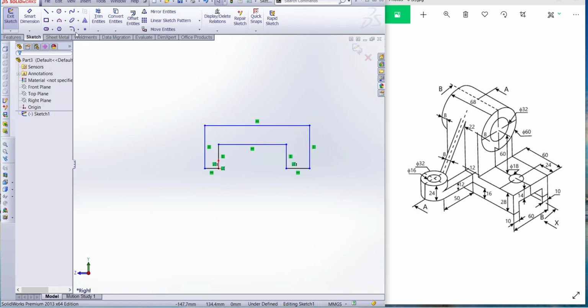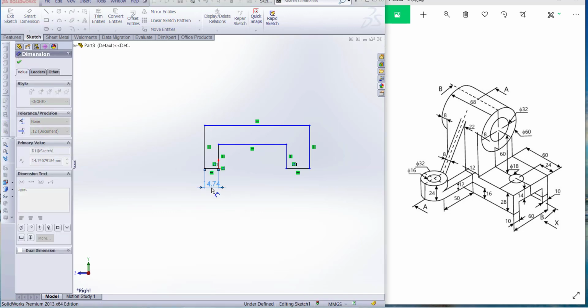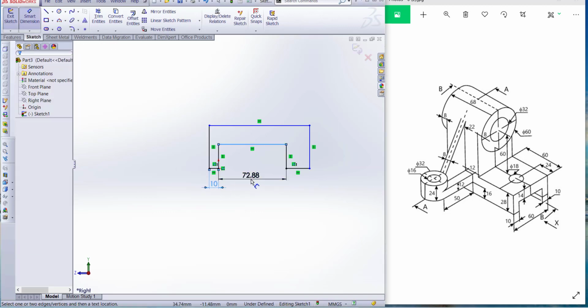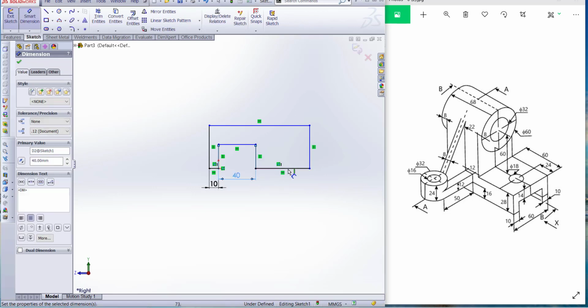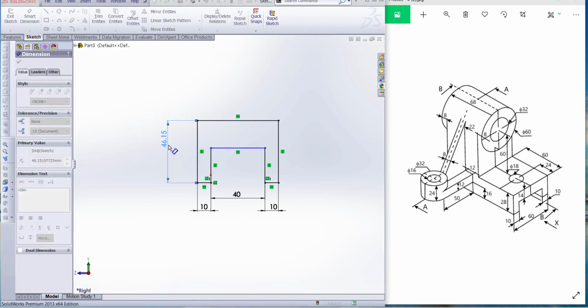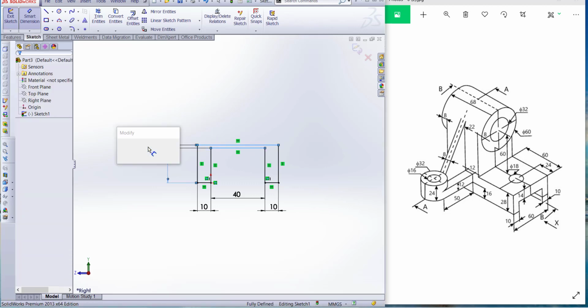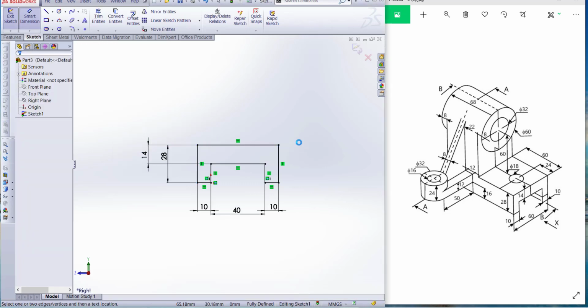Okay, now dimension, smart dimension, this is our 10 millimeter, this distance is 40, this one also 10. Okay, now the height, this height is 28 millimeter, and this portion is 14. Okay, now go to finish sketch